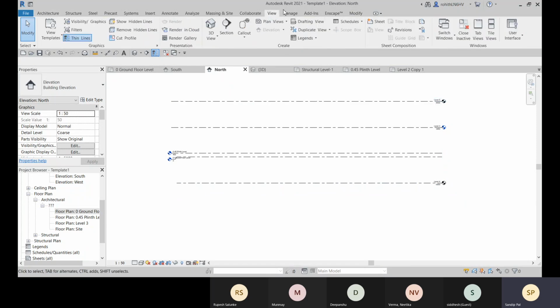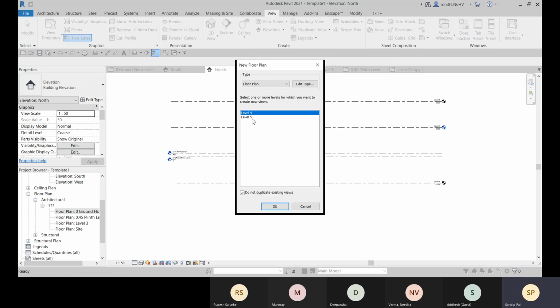For that, go to the View tab, and there you have the plan view option. Open this plan view option with the drop down arrow. Click on floor plan, and you see that level 4 and level 5 are waiting for you to assign the floor plans.